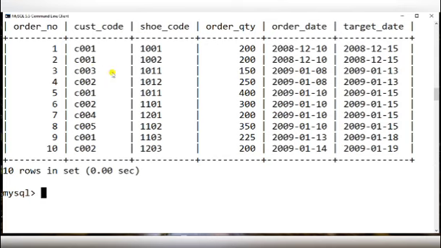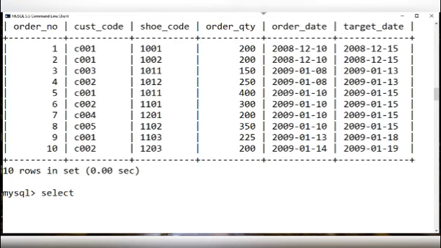So I want to know the total quantity of orders placed by each customer. So we have to group as per cust code.